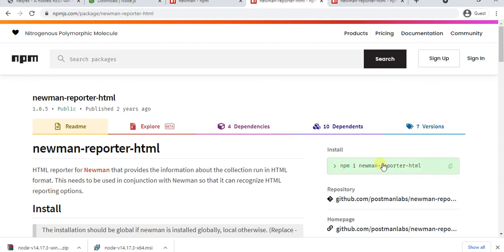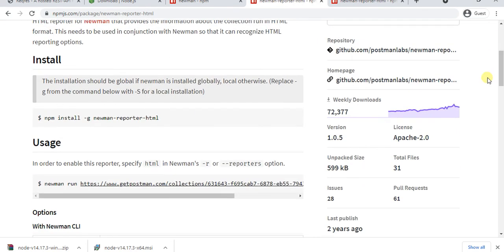To run the HTML report, we need to install the Newman HTML reporter, using npm install.